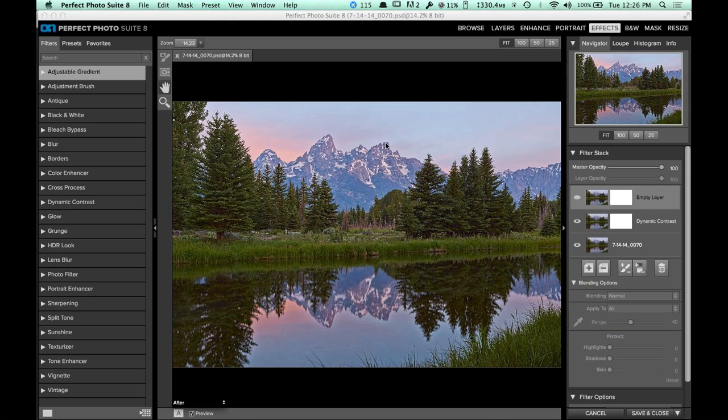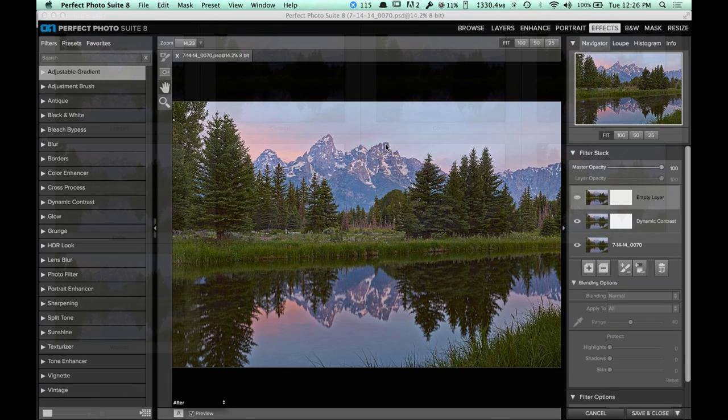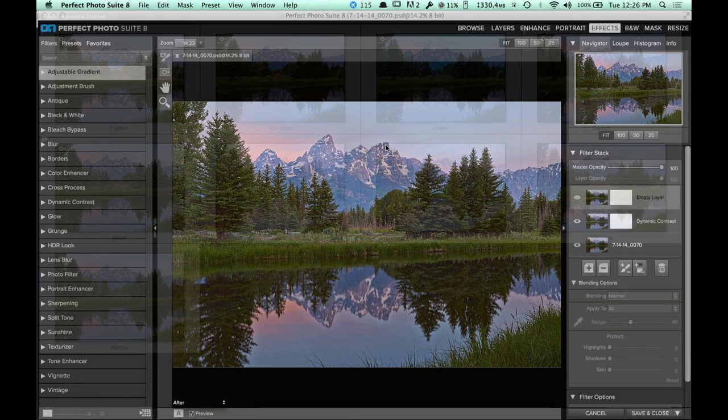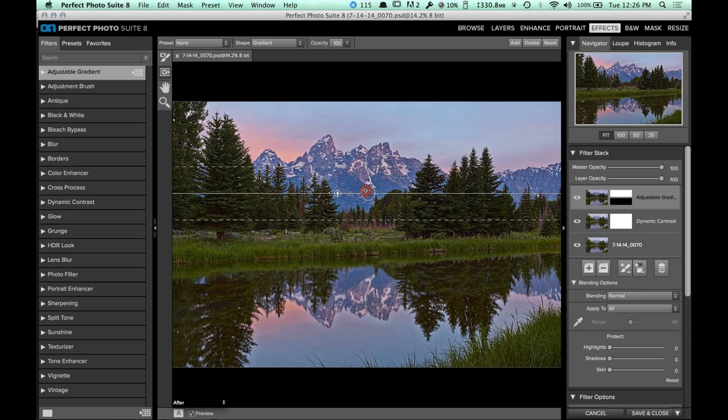adjustable gradient and go into darken and move my masking bug up. And just like before, I'm going to open that up a little bit. And let's take a look at that before and after. Just that little slight adjustment makes a world of difference up there and brings that back into balance with the